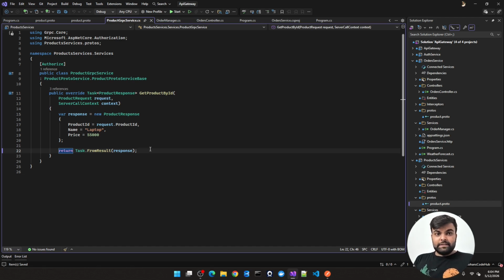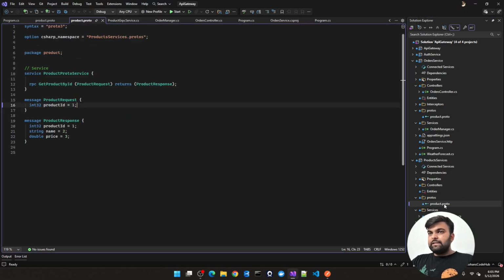So let's see how we will do this. Basically, what you have to do here is we will implement namespace based versioning. Okay, we will mention the versioning in the proto file. So basically this is our server side proto file, and if you want to implement